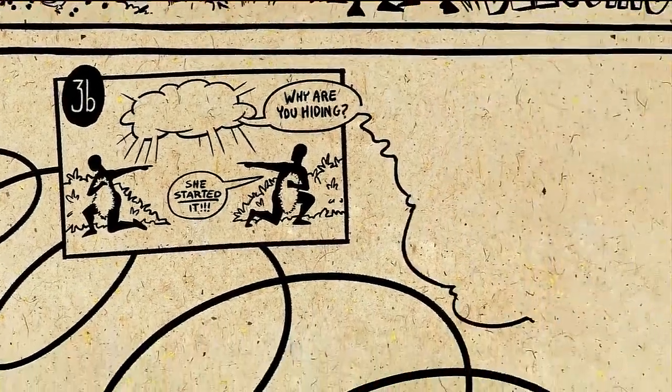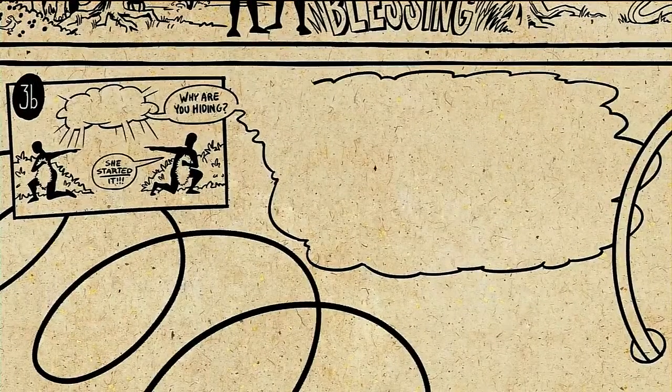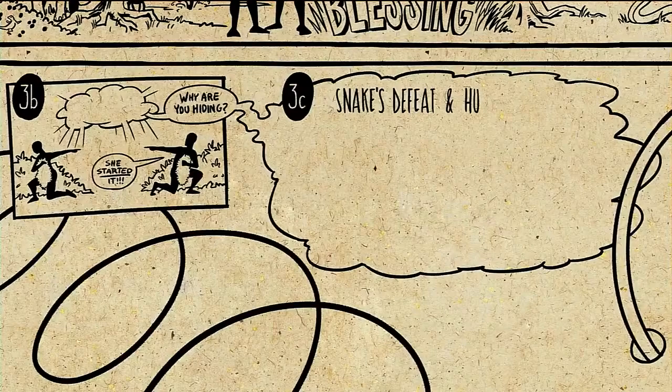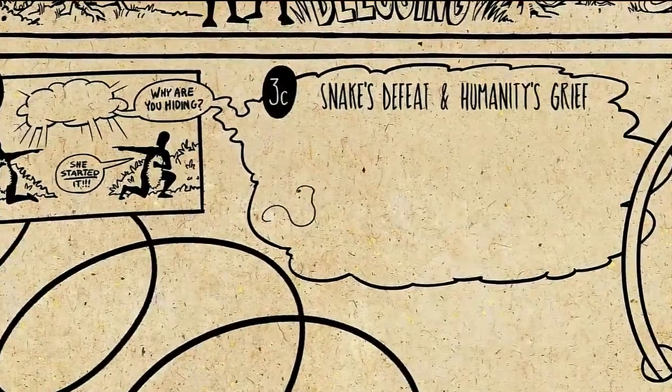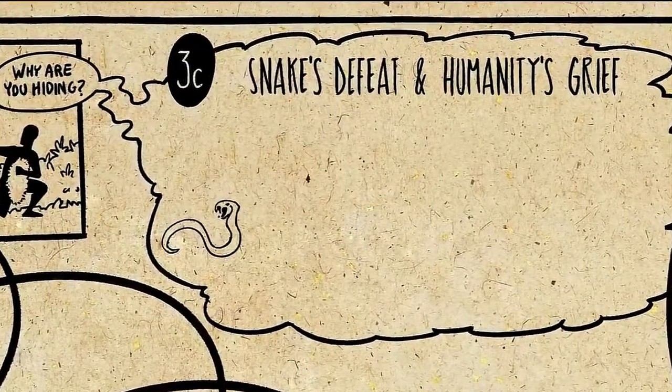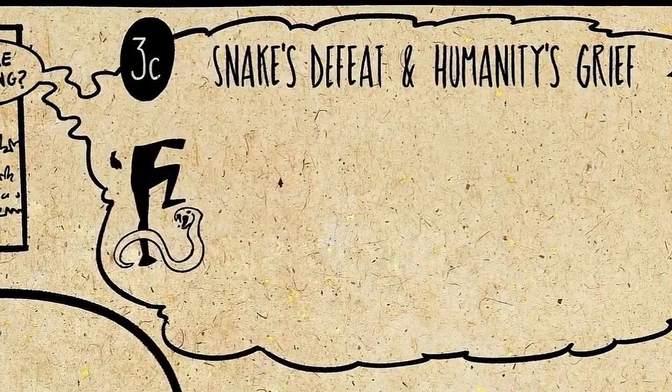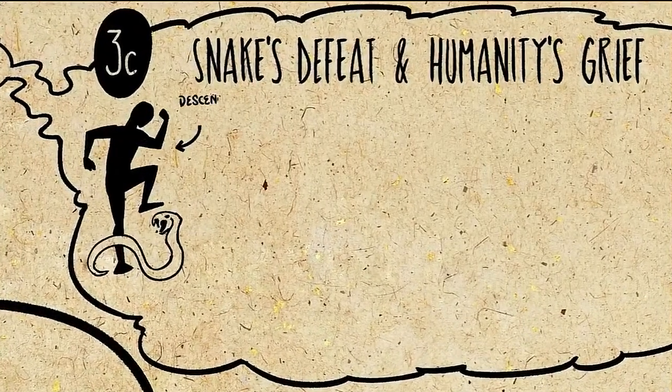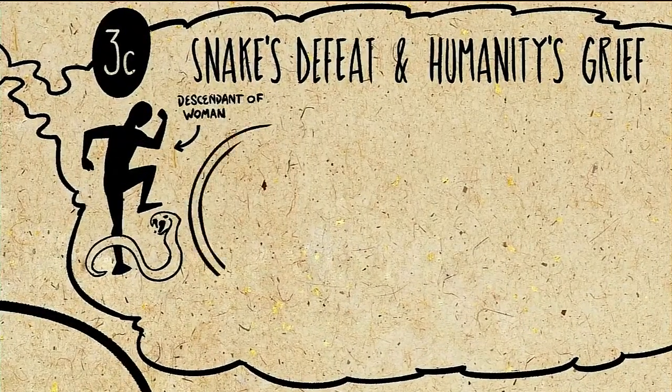Now, right here, the story stops, and there's a series of short poems where God declares to the snake and then to the humans the tragic consequences of their actions. God first tells the snake that despite its apparent victory, it is destined for defeat, to eat dust. God promises that one day a seed or a descendant will come from the woman